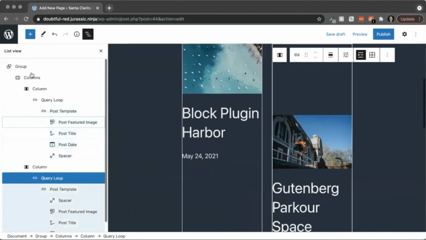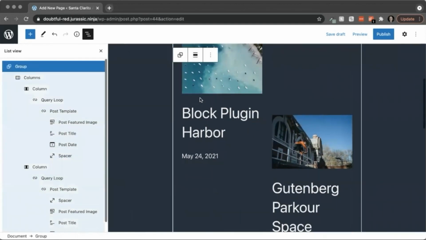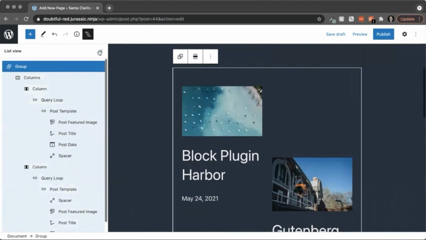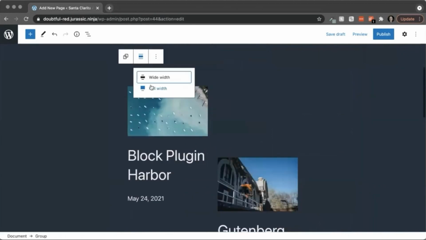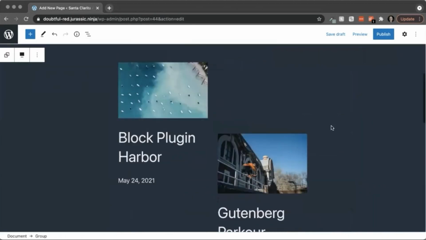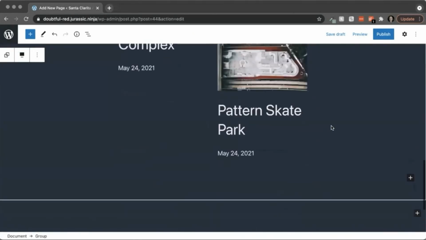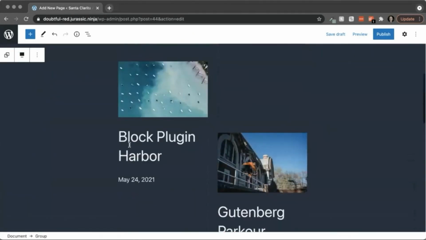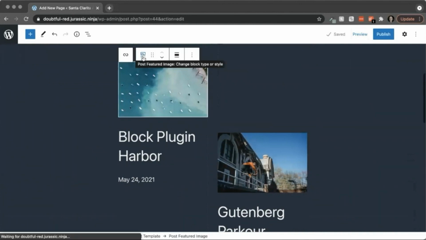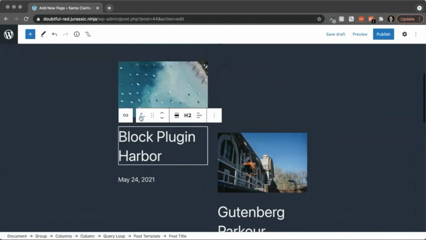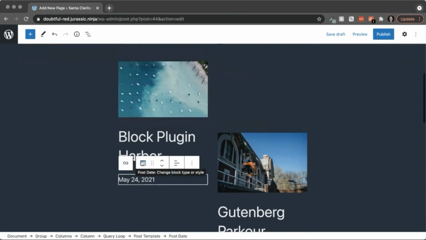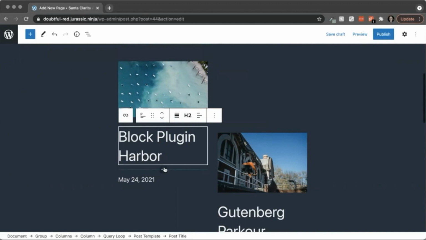It's pretty cool. If I go all the way up and select the group block, right now this is pretty narrow. Let's say I want it a bit wider. Make it full width, even it out a bit. I can also edit the blocks within this. Within this query loop block, there's the post featured image. There's the post title block, which is another new block coming. Then there's the post date block. And you can add